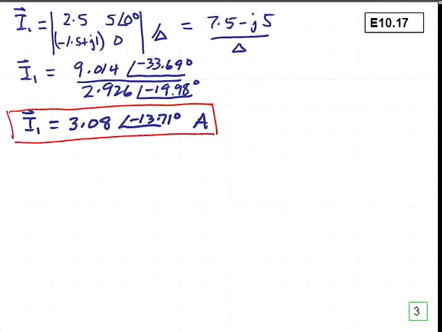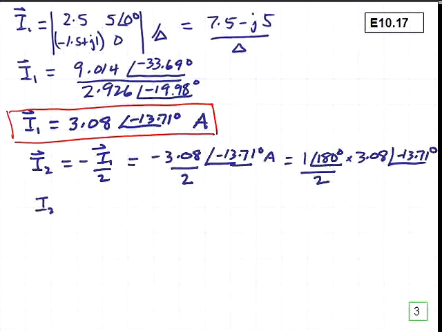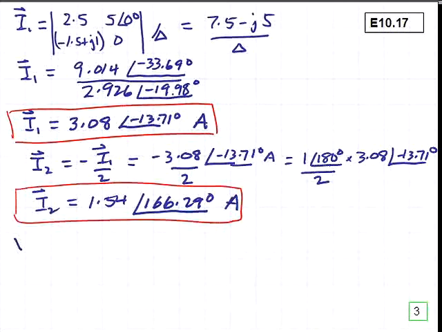The current I2 will be a little bit easier to determine. I2 is equal to minus I1 divided by 2 from the transformer relationship. And this will equal, or I2 is equal to 1.54 at an angle of 166.29 degrees amperes. We can again use Cramer's method to determine the voltage V1,